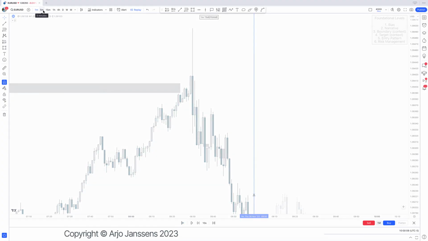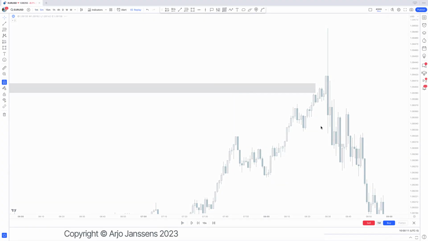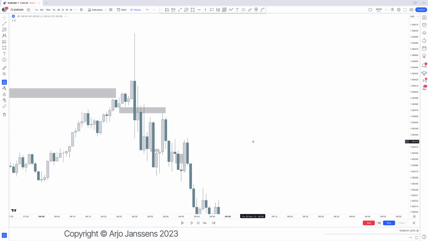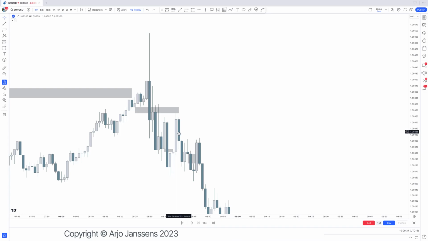Because on the 5 minute, what are we doing right there? On the 5 minute, we have this fair value gap sitting right there. That fair value gap got created when? Let's see. This candle is 8:35, so that candle closed at 8:40. So the fair value gap got created at 8:40 right there. So let's dive into the 1 minute to see what is happening. On the 1 minute, the fair value gap got created after this candle right there, the candle close,